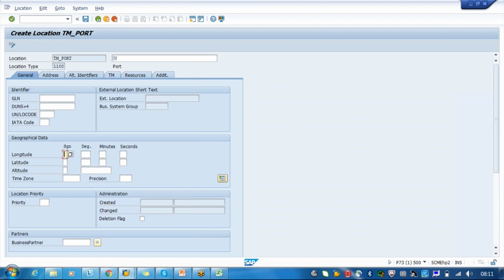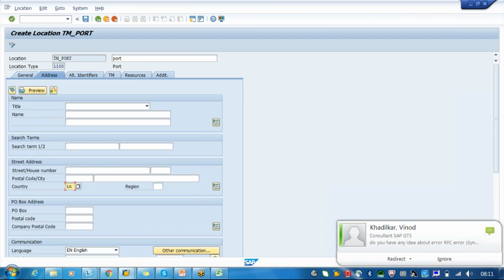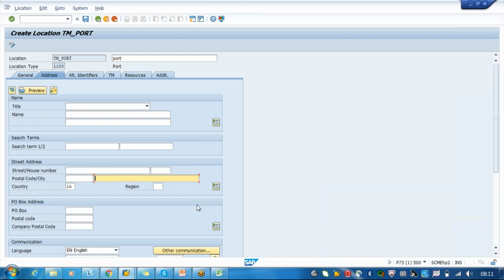So you have to enter the latitudes and longitudes based on the address. I'll just say port. We will say this is in India, in Bangalore.